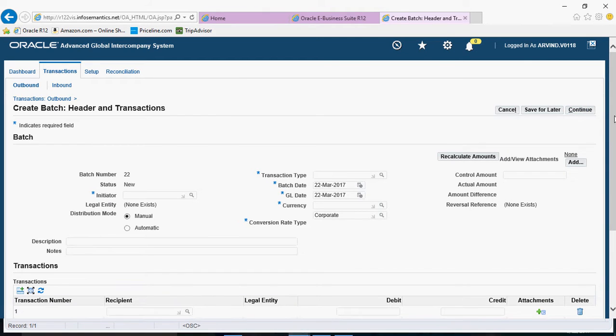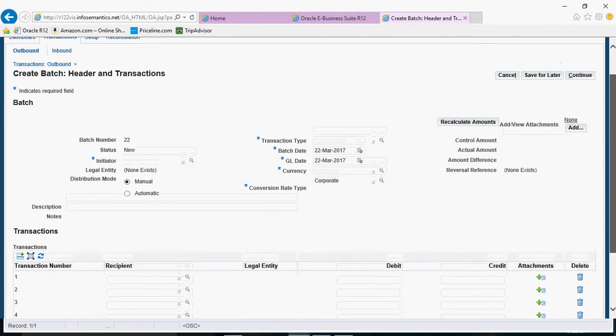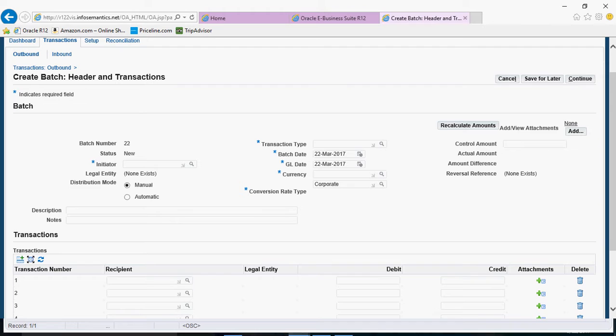Whenever you are creating any AGIS intercompany transaction, there are two parties here. One is the initiating intercompany org and the next one is the recipient intercompany org. We will take Vision Operations as the initiating org and Vision Germany as the recipient org. That is, Vision Operations is providing services to Vision Germany. So we will select the initiator as Vision Operations,